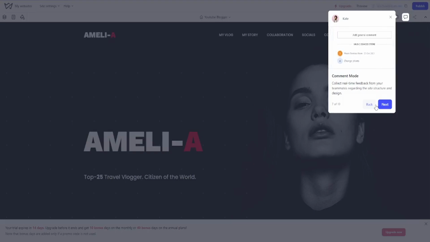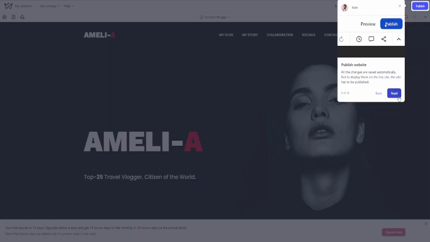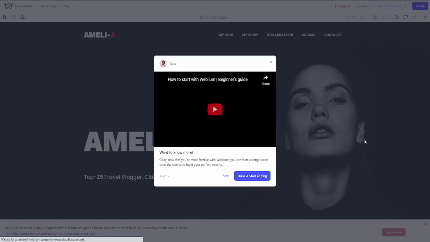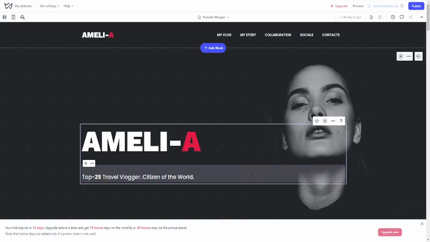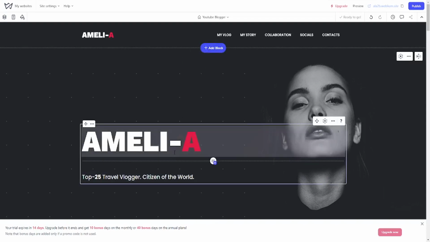So this is only if you're working with other people. Minimize bar. Publish website, and we're done. Right. So the idea is that we have a block, and in that block you can put